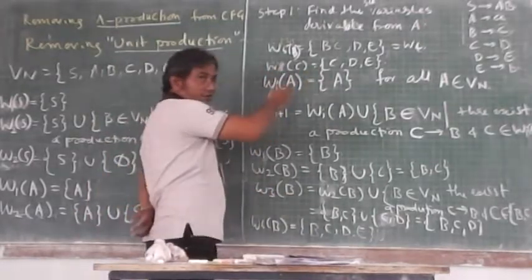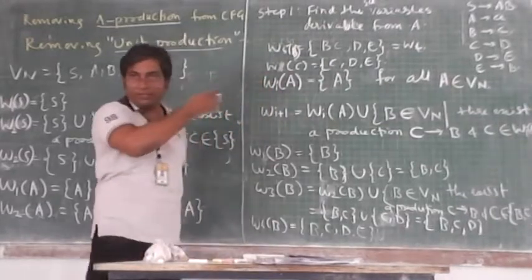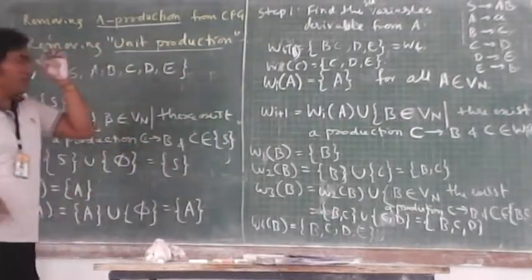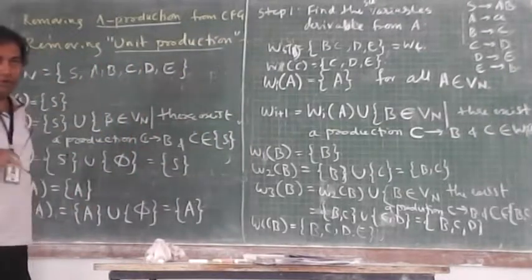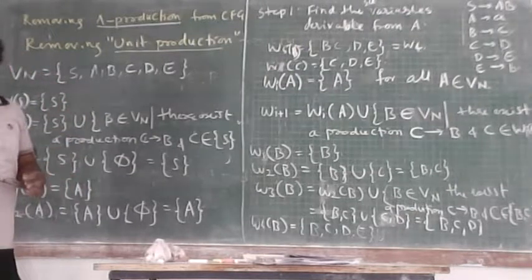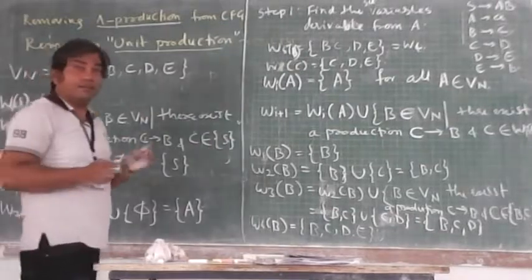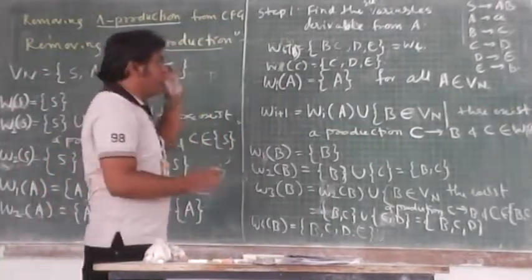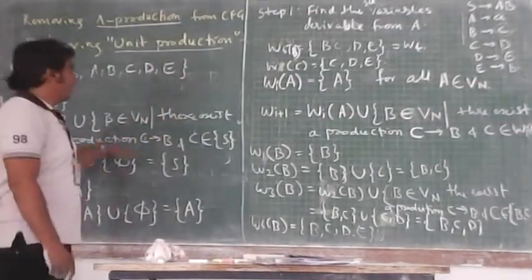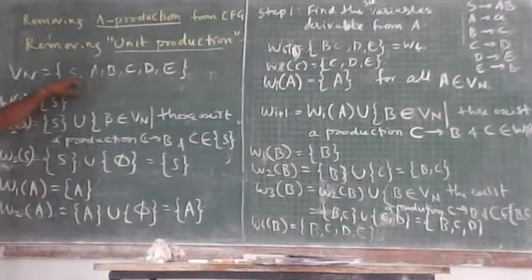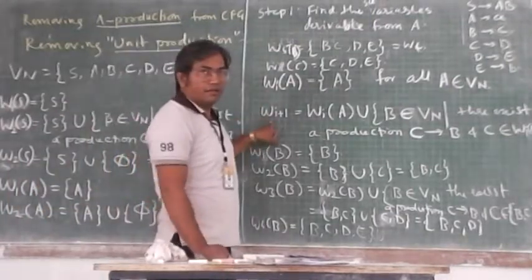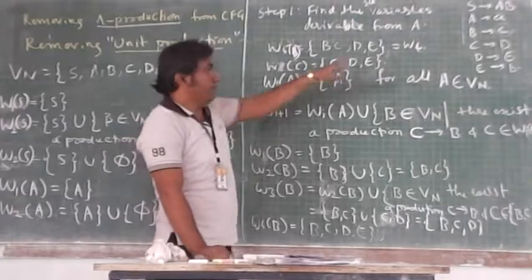So whatever the value, here we have W1, W2, W3. WC is what? C, D, E. Similarly, you calculate for WD and WE. What will WD be? D, E. And WE is only E. Okay? This way you have to calculate the working set for all variables you have, and exactly these two rules guide you how to select the variables from a given graph.